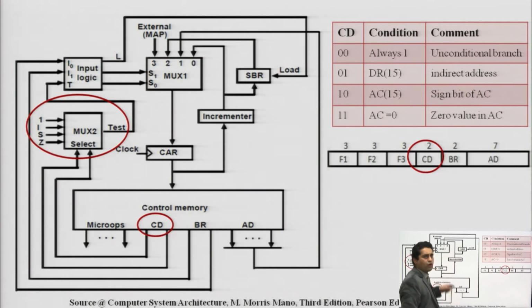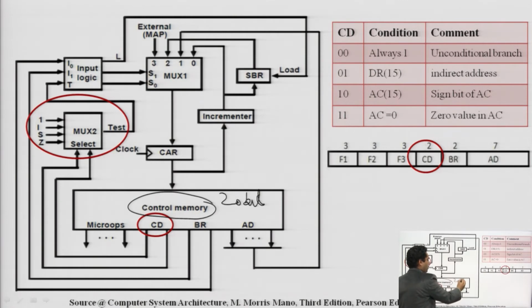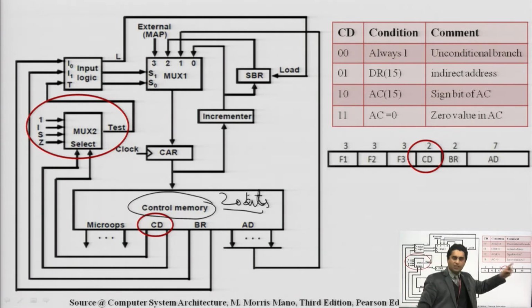This is the overall layout, where the diagram is simple, as I discussed about the main memory and the control memory. Now I am specifically magnifying on the microprogrammed control unit. So if I look here, this is my control memory, and this control memory is carrying my 20 bit microinstruction, and this 20 bit microinstruction is divided into 1, 2, 3, 4, 5, 6 parts.